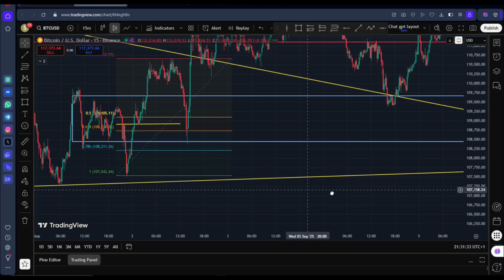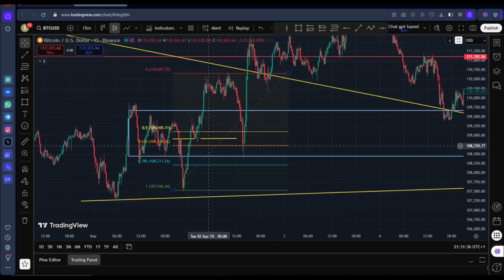Then price came here and whoopee, we're up there. So what happened? You can actually see that it did a correction and